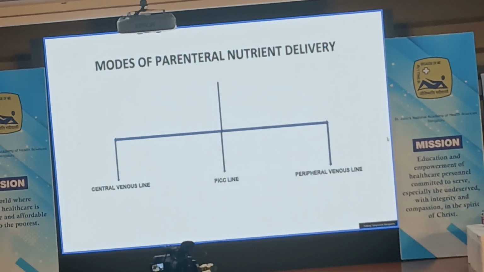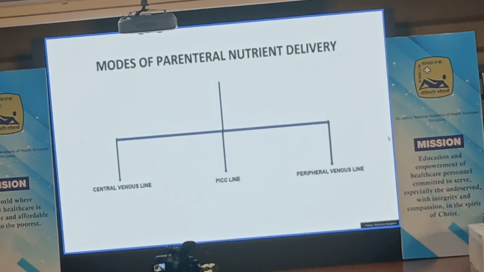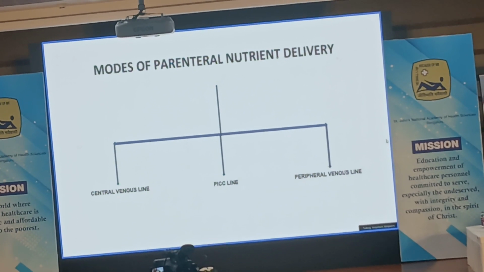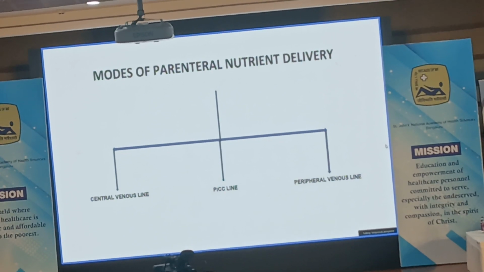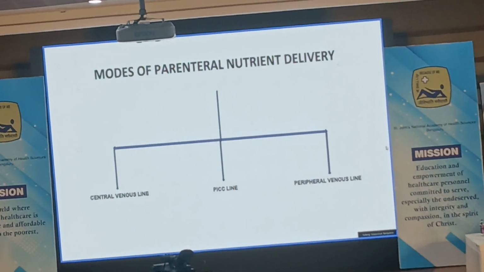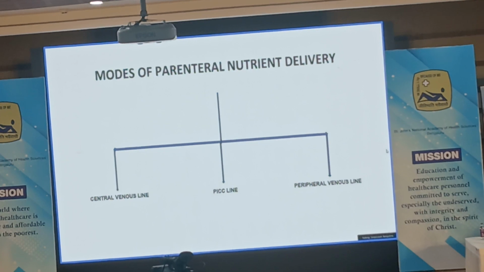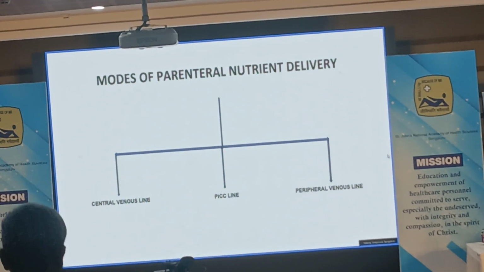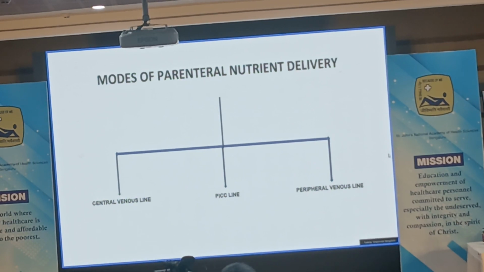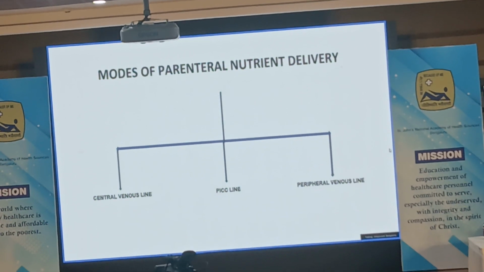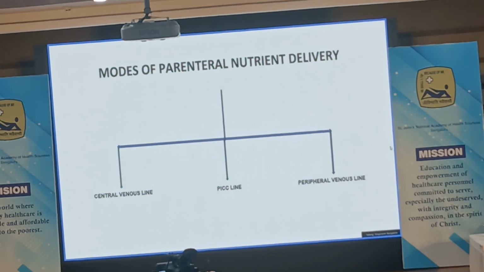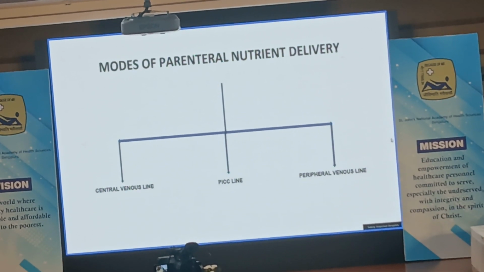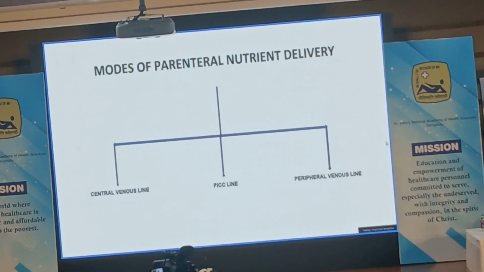Coming to parenteral nutrient delivery, you have peripheral venous access as well as central venous access. If you want to use a higher concentration of dextrose, above 12.5%, or use a higher concentration of amino acids exceeding 8%, please never use the peripheral line, because the thrombophlebitis incidence with a higher osmolarity, with both the high amino acid infusion concentration as well as a higher concentration of dextrose, will cause